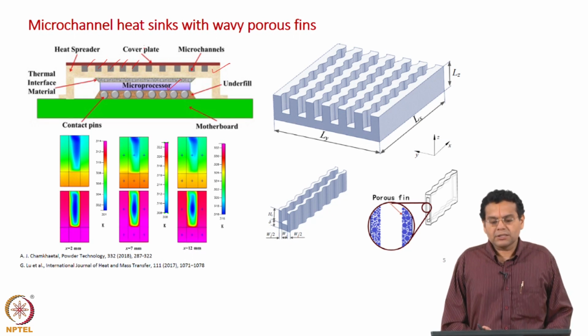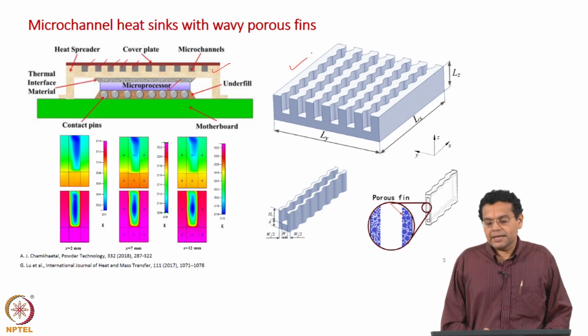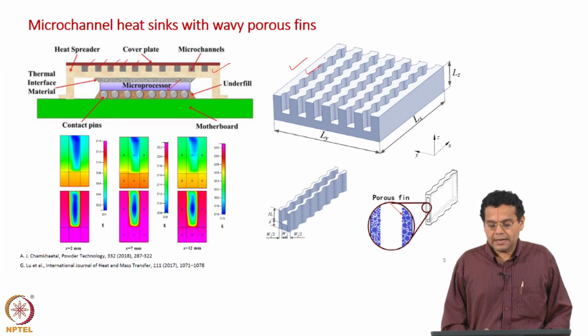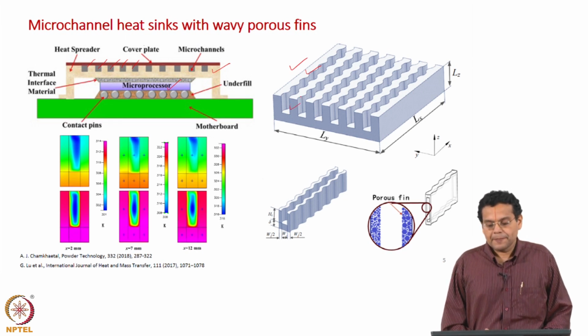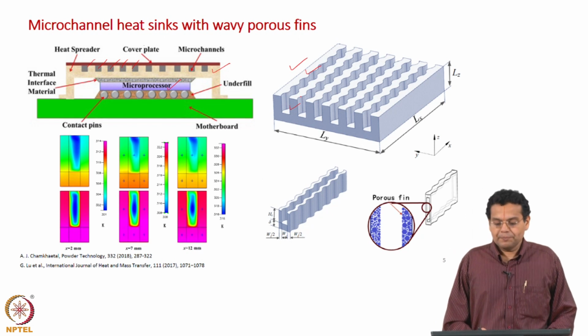The focus then was on the pressure drop and the velocity profile, but now our objective is on the heat transfer part. In the study shown, they have considered a microchannel heat sink of such a geometry where the walls are wavy and the fin is porous. The idea of choosing such a geometry is to enhance the rate of heat removal.